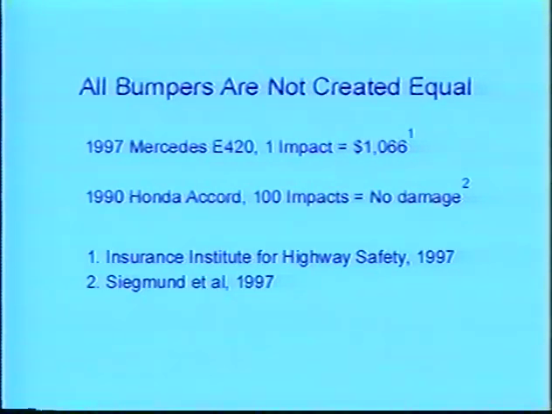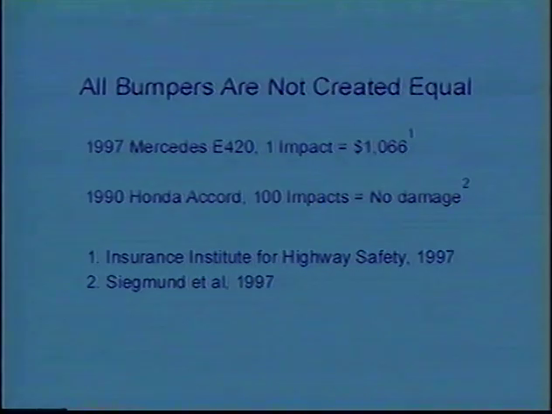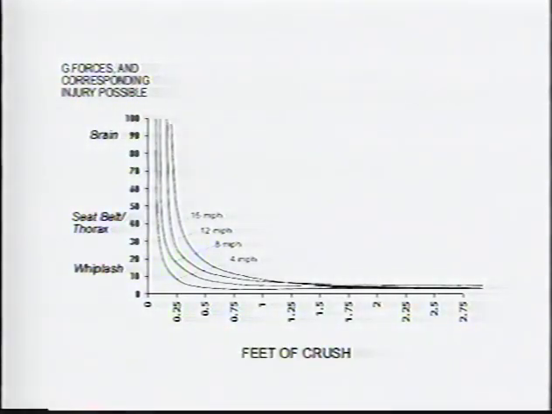Subjected a 1990 Honda Accord to over 100 crashes of up to 5 miles per hour, resulting in just minor bumper scuffing. While the car suffered no damage, the occupant accelerations measured during the crash test ranged as high as 12 Gs in the 5 mile per hour collisions. So clearly the amount of vehicle damage, visible or not, has no relationship to occupant accelerations or the risk of injury. As a matter of fact, a vehicle with no damage may actually experience higher G-forces than one with extensive